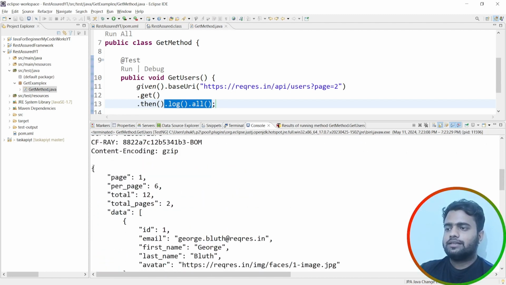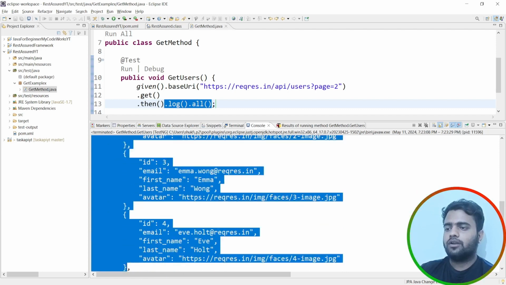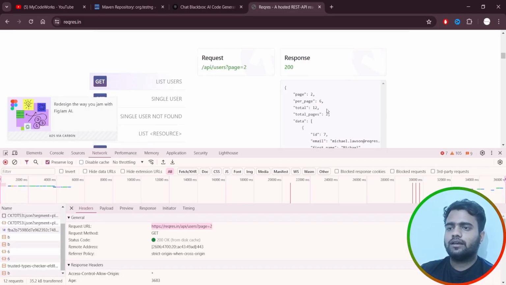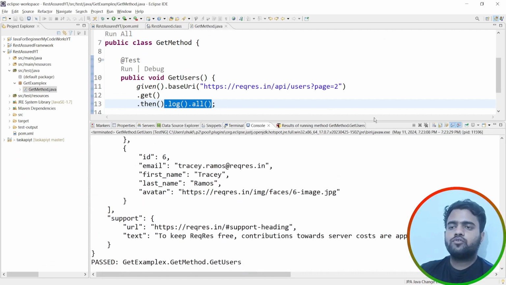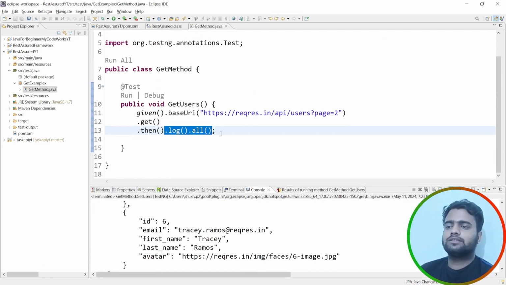As we see, here we have the body. Inside the body we have a lot of data. The same data it's returning here. So now time comes to validate the things, right? We have just hit the particular API endpoint, we are able to receive the data and we are able to log this, right? Now if I will say then